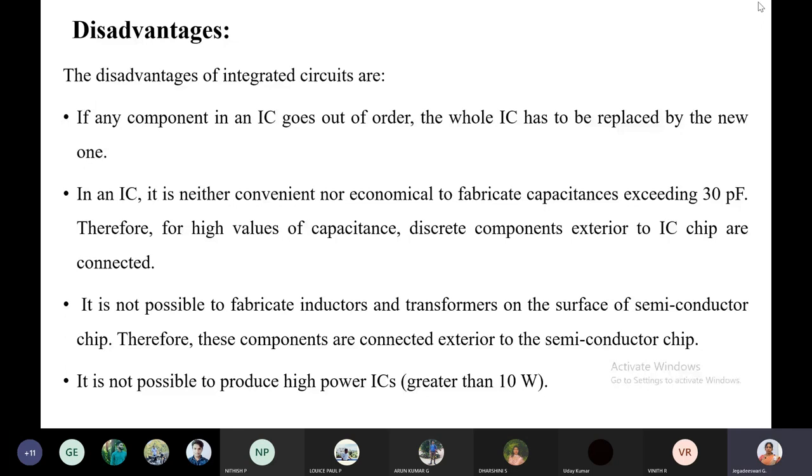Okay, surely we can clarify these types of disadvantages in future. Yes, it is also possible in future. Okay, so these are the disadvantages in the IC. Yes, the next is